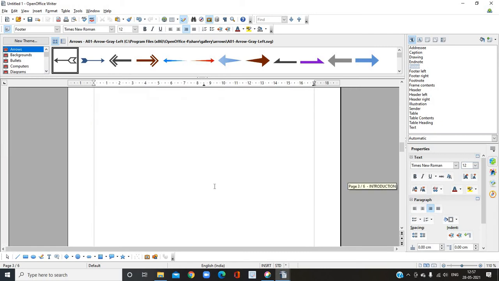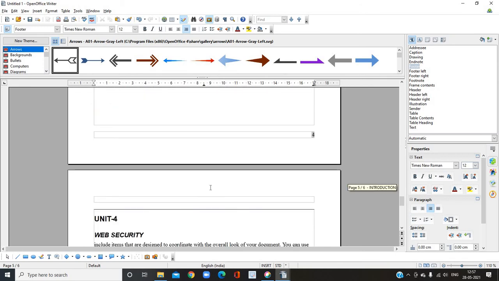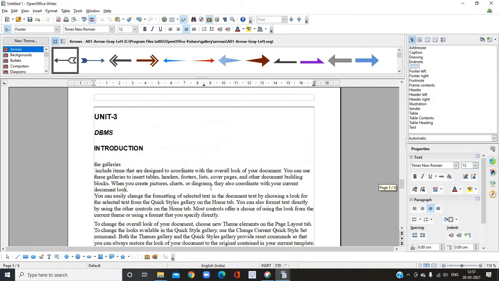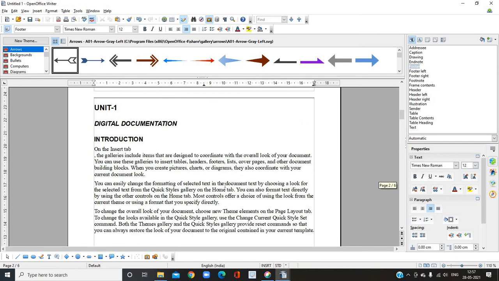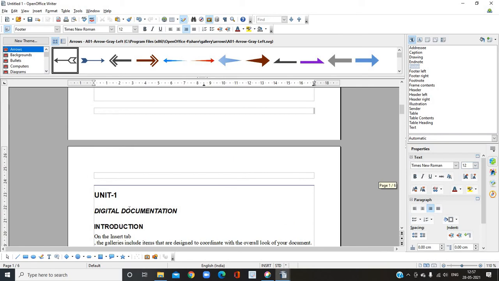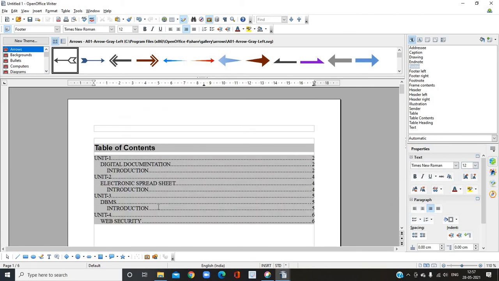So we can see the page numbers started from the actual unit 1. That is where my content has started. This is how to generate page numbers and how to start page numbers from a specific page. That's all about page numbers.